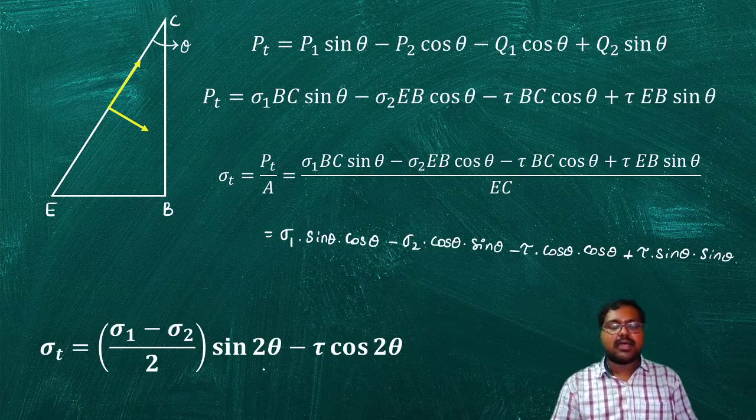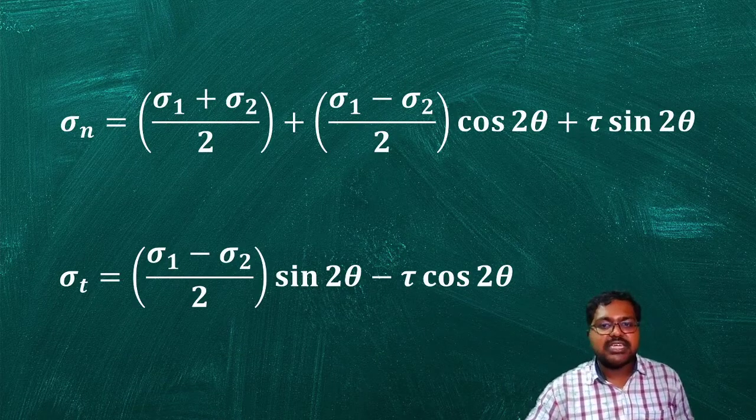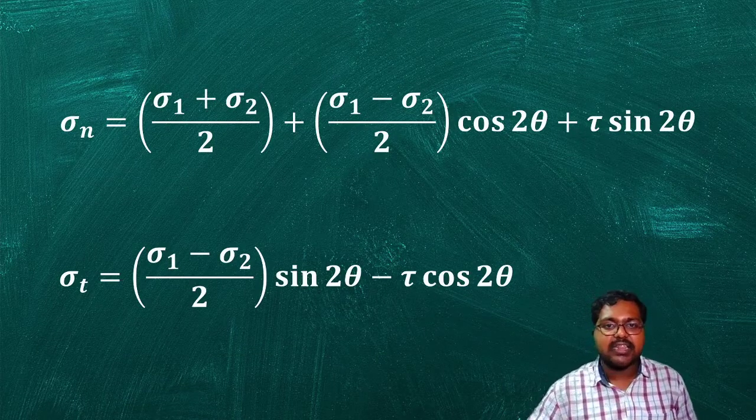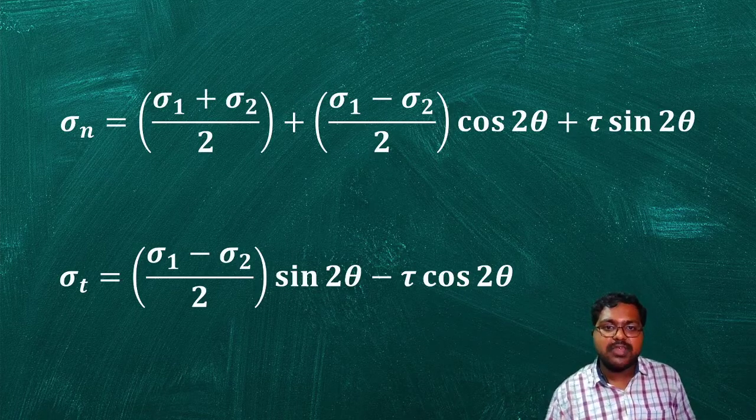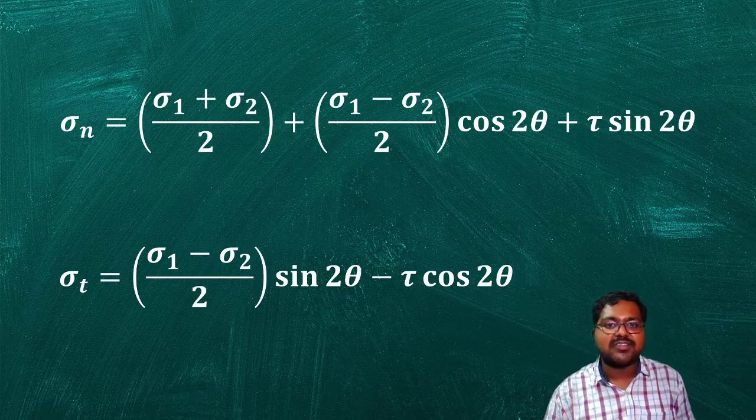So from here we came to know the normal and tangential stresses which are acting in the oblique plane, which is EC in our case. So from this we have to identify when this plane is going to become a principal plane. So for calculating or for identifying these principal planes, we need to take our first assumption where the shear stress acting on the plane is equal to 0.